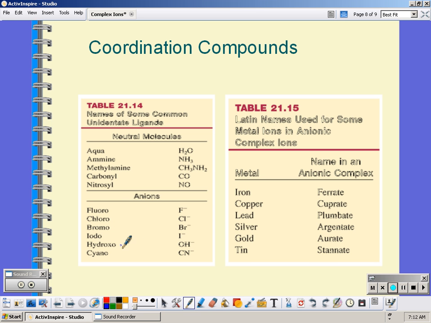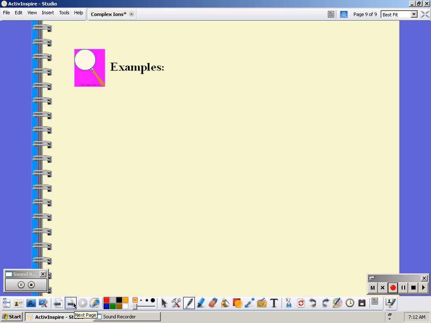Now if it's a negative complex ion, then the metal might use the Latin word. So here's our list of metals that have Latin words if the complex is negative. Alright, so let's just dive in and start doing some examples so these rules might make more sense. So if we see